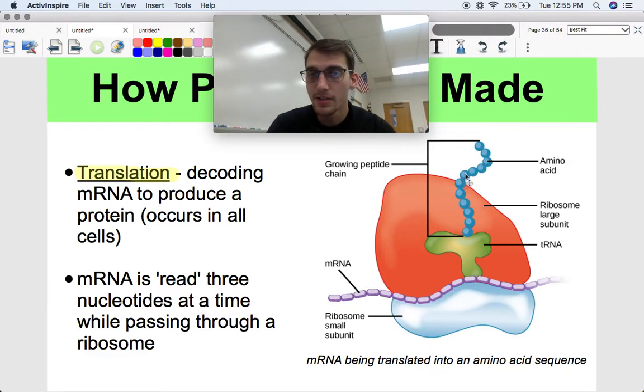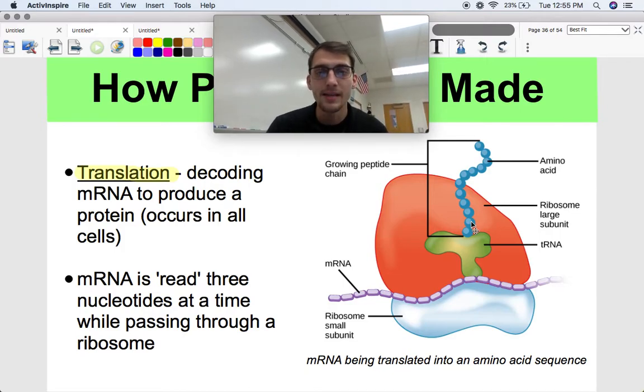You see this long chain of these blue molecules here? It's taking these instructions and using them to put specific amino acids in order to make a protein, and that's what translation is all about. It reads a message 3 nucleotides at a time, like AGU, CAC. It's going to be reading those 3 at a time in order to assemble an amino acid chain, and that's